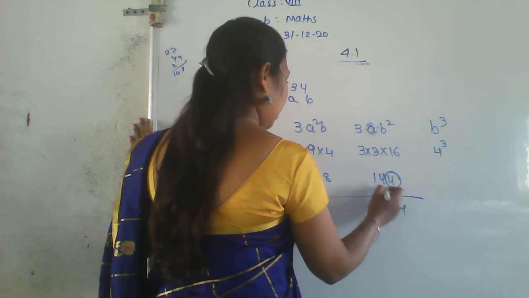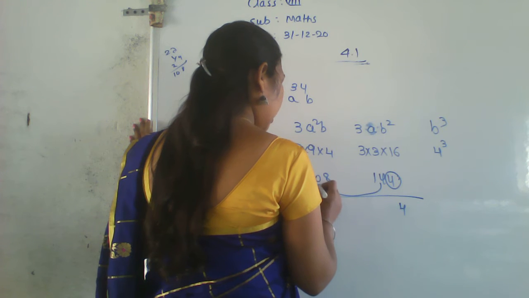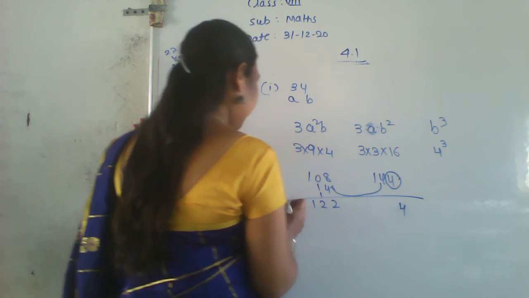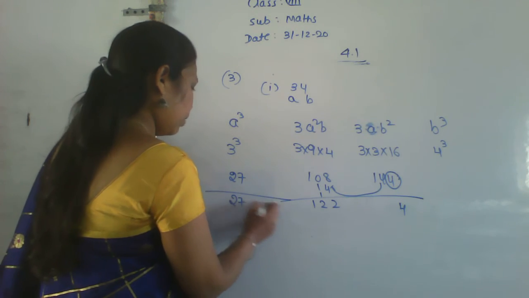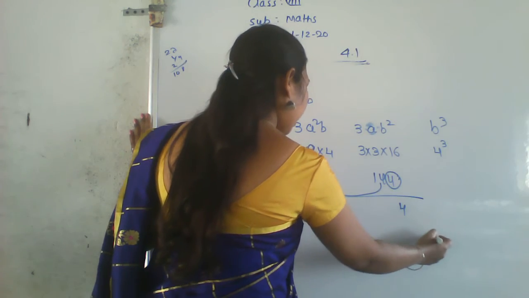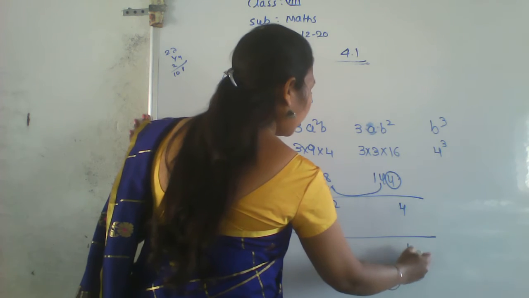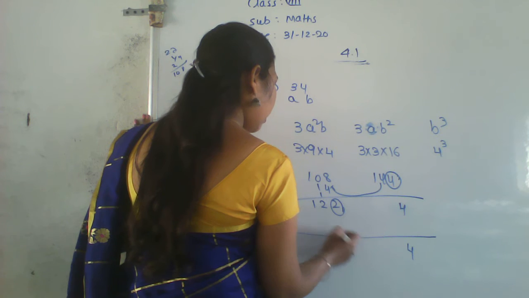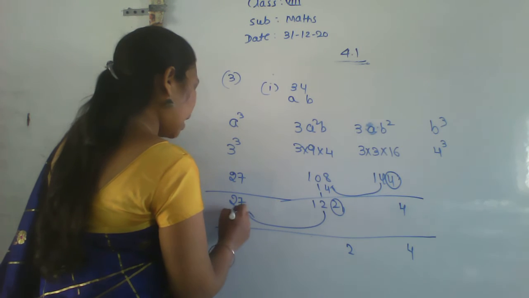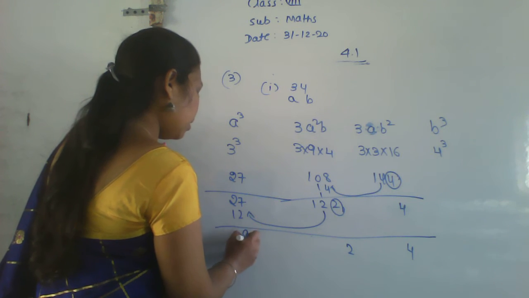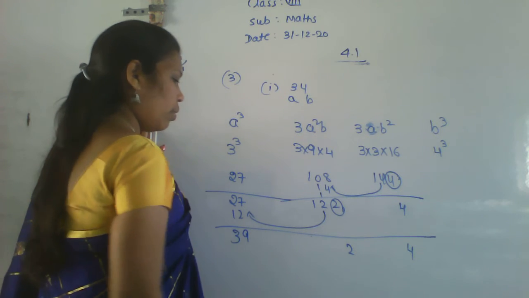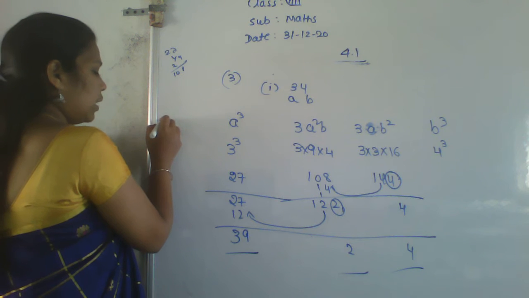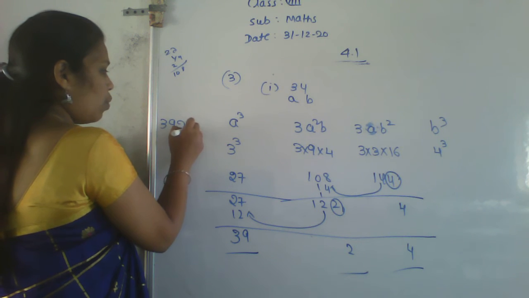So write a 4 here and take this 14 this side and add here. That will become 12 and here 2, 22 and here write it 27 only. In next step it will be 4 always and here only take a 2 here. Okay, and take 12 this side and add 7 plus 2 is 9, 2 plus 1 is 3. Okay, so what number you got here? Write it together, that number 3 9 2 4.